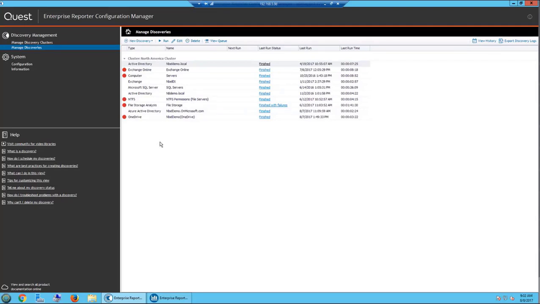The application is discovery-based, so it really doesn't require an agent. And since it's discovery-based, you have the ability to discover specifically what you want. And you can customize each discovery to gather just the information that you want from your infrastructure. Once you gather all this information and it is written into the SQL database, you now have the ability to